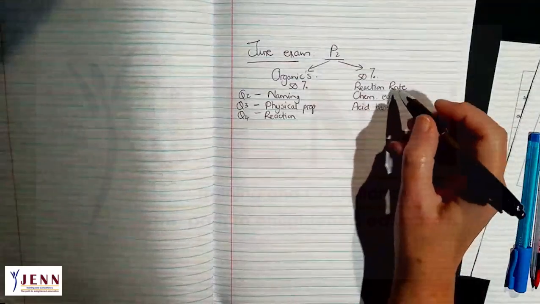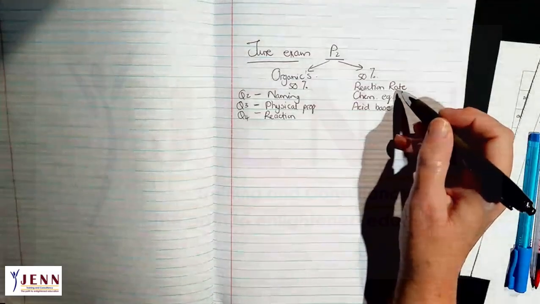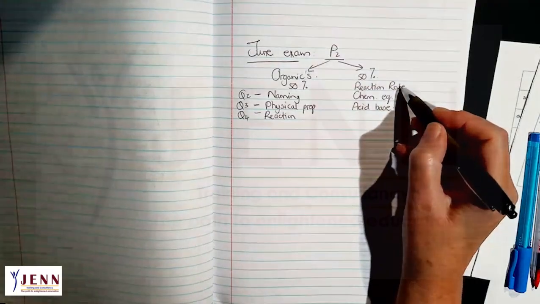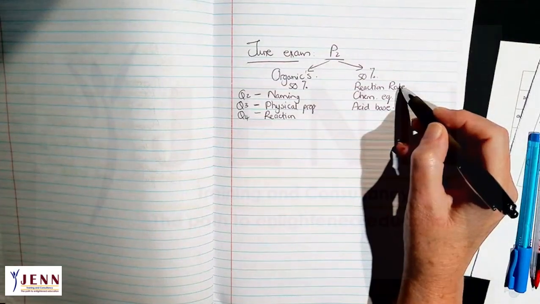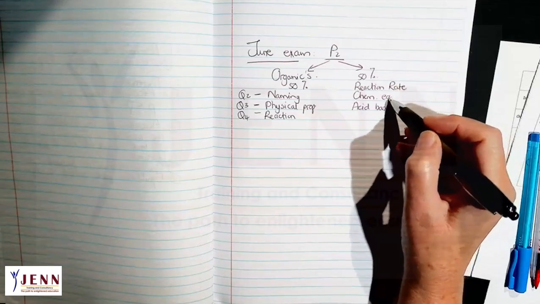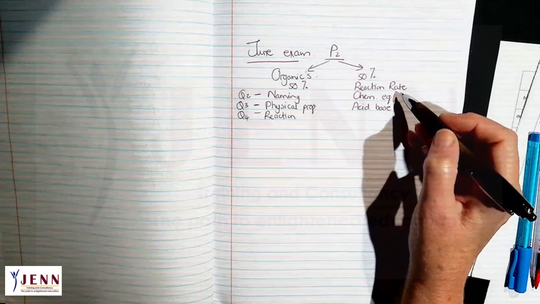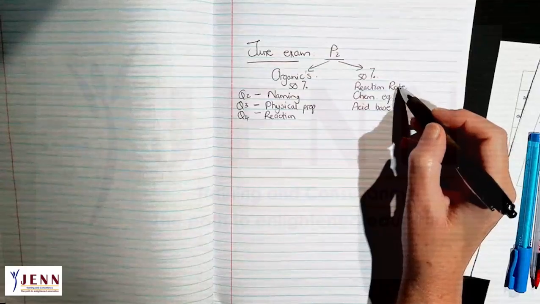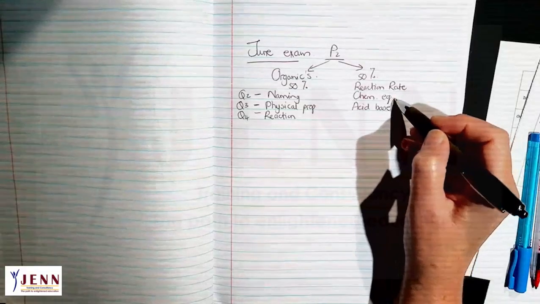Now, either one of the two, the top part ones, will be divided into a question just on graphs and then the other question on the theory. So let's say reaction rate, there will be a question on the theory, calculate the reaction rate and so forth. And then the other part will be on Maxwell-Boltzmann graphs. Or at chemical equilibrium, there can be one question on Le Chatelier's principle, calculate Kc, and so forth, and then the other question on the graphs. So either they're going to ask two reaction rate questions and one chemical equilibrium question, or the other way around.